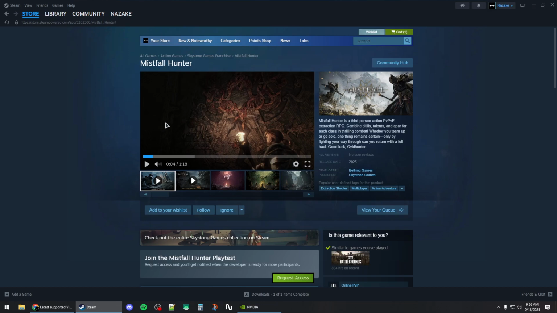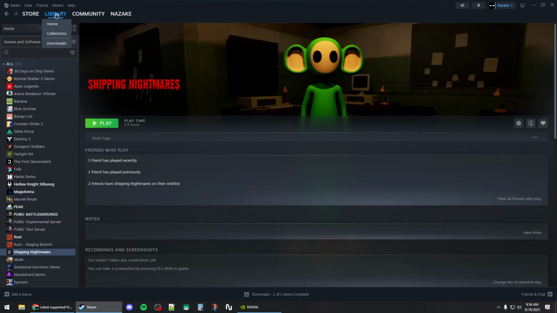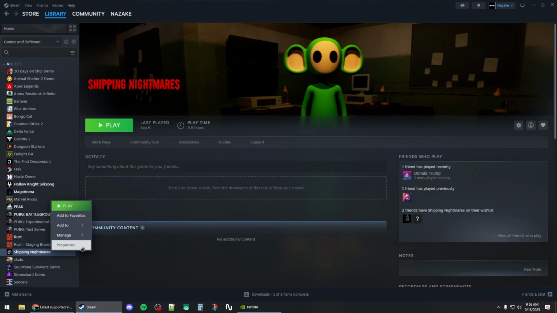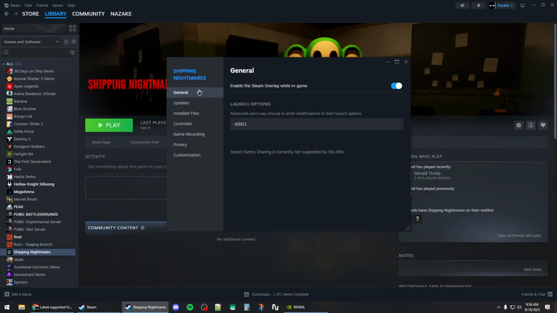How to fix Mistfall Hunter crashing on Steam. So first you want to go to the library, right click on the game and open up the properties window, and then under launch options you want to type -D3D11, or if this does not work properly for you, you